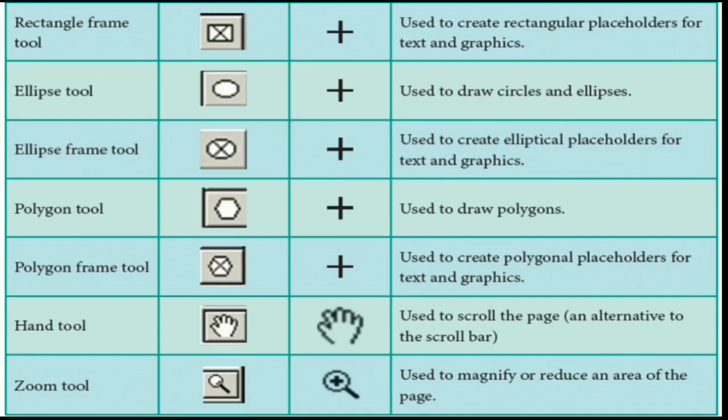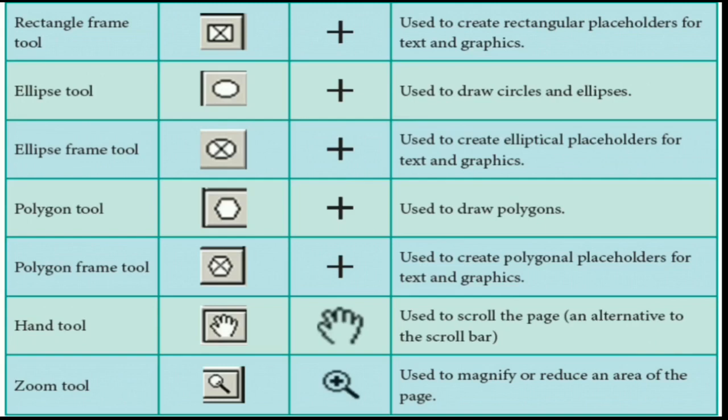Nextly, the ellipse frame tool. The frame tool, as I said earlier for the rectangle frame tool, merges text and graphics in a rectangle-shaped frame. Here, instead of a rectangle, the ellipse frame is used, an oval shape. Nextly, the polygon tool. The polygon tool has 6 corners, which is like a circle but with a bend on each side. It is also used as a star.